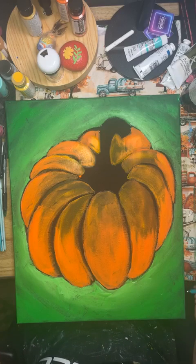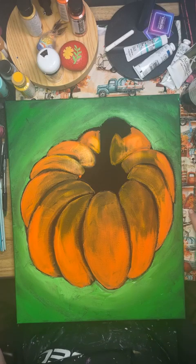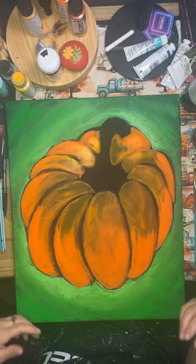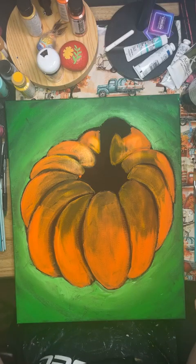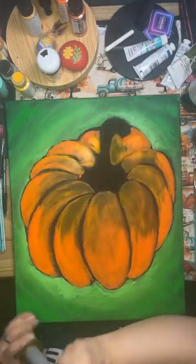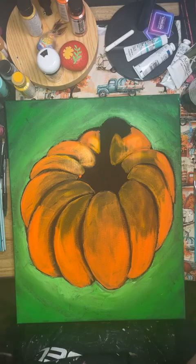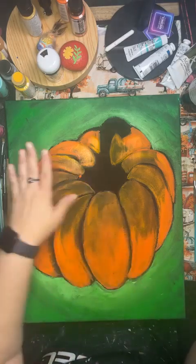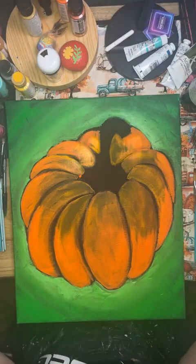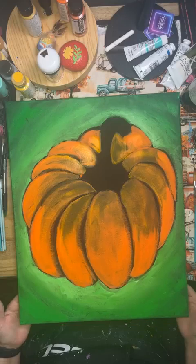Yeah, sponges would be fun too. I don't have any currently, but that would be a fun thing to do for sure. You could also, like I was using those mop brushes in that last video I just did, do that as texture. I have this big chalk brush, you could do that as a texture. You can get paper towel from Costco and blot it down, and it gives you geometric shapes and stuff like that. There's so many different things you can do. So really, sky's the limit on how to decorate